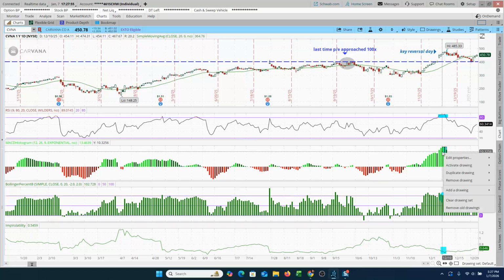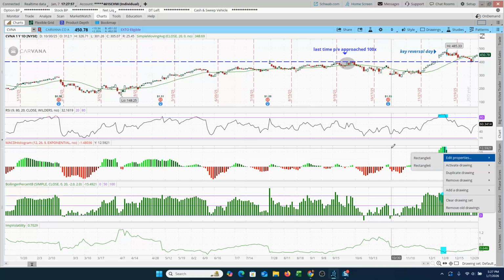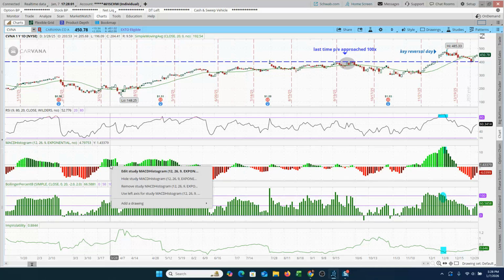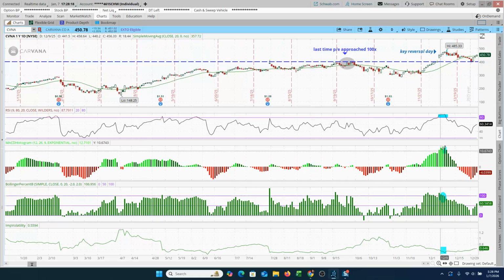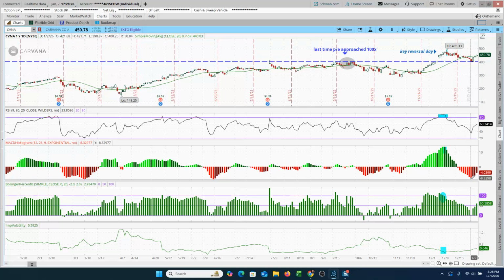This is easier for a no-frills guy like me to see, but you can see MACD again getting to extremes here, and you can also change the fast and slow moving lengths, right, and the MACD length as well, exponential. You can keep it simple, weighted, Wilder's, Hull. So again, up to you. They're all going to be very similar. I happen to use exponential, always have, but basically what you're identifying is when things reach an extreme and then start to head the other way,